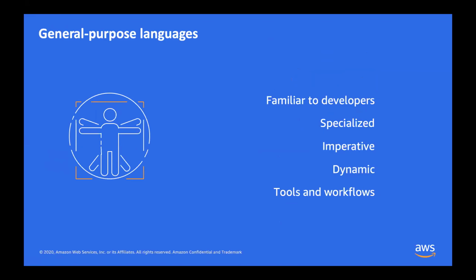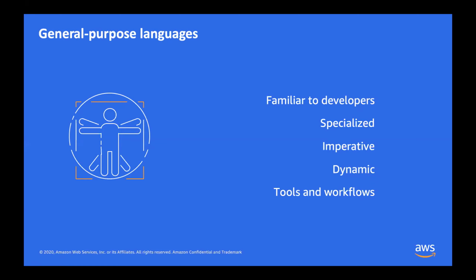So let's talk a little bit about general purpose programming languages. General purpose programming languages are what developers are writing in, so they're familiar to them. The downside, and again, it's not necessarily a downside, it's just the difference, is that they're specialized. They do different things for different people, and you use different languages for different tasks. Depending on what you're building, you're going to be more or less familiar with a different set of languages. In the Kubernetes community, there are a lot of people very familiar with Golang. In the data science community, you're going to find lots of people familiar with Python, et cetera.